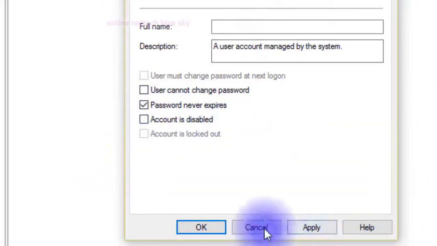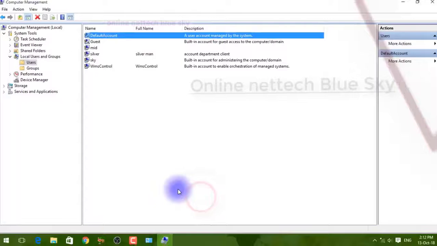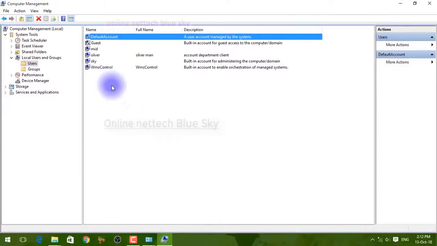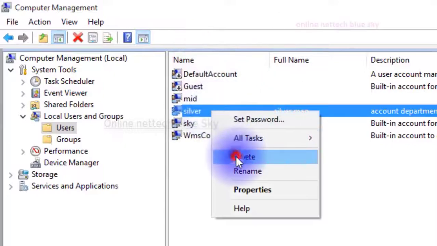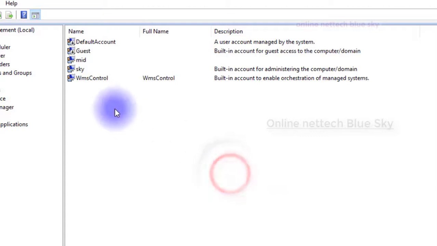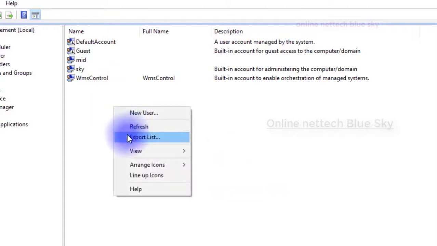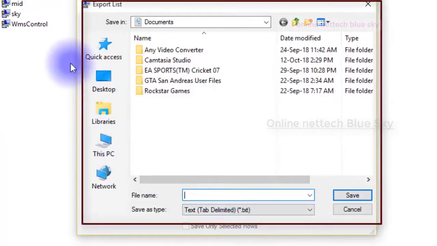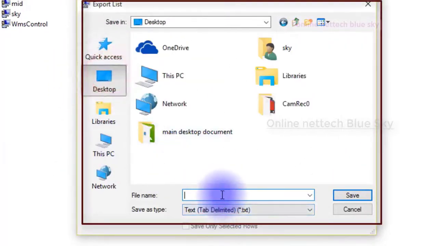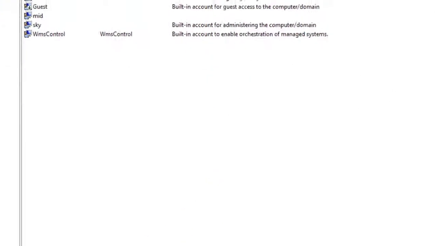So the account, you can apply here and click OK, but I am not interested because I'm already clear. My administrator account is already created, you can see here, and I deleted my local account because I had already created it. So you can see here all my created user account details in one file.